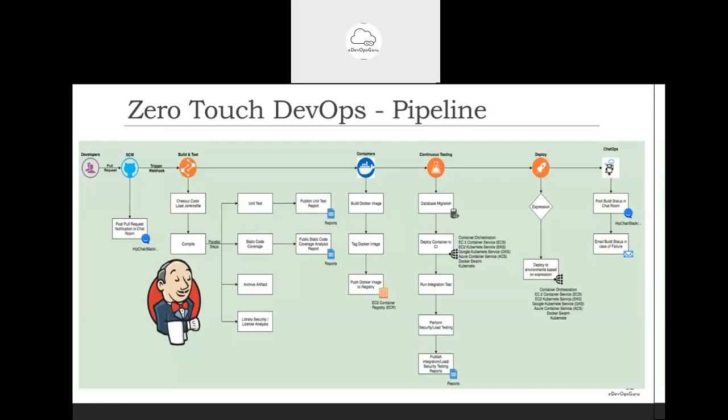Everything is automatically triggered. So if you have some database upgrades, that can be taken as a part of database migration. So if you have added some new column or updated the type of a particular column, those can be done on a database. Then we can deploy the container to our continuous integration, then run the integration tests, so basically do the end-to-end testing